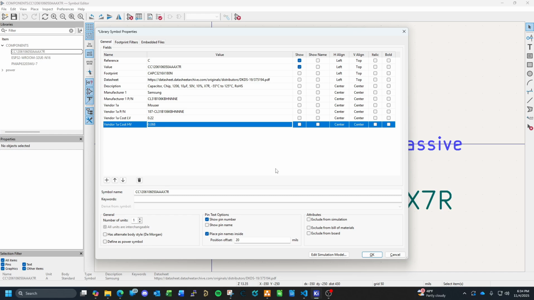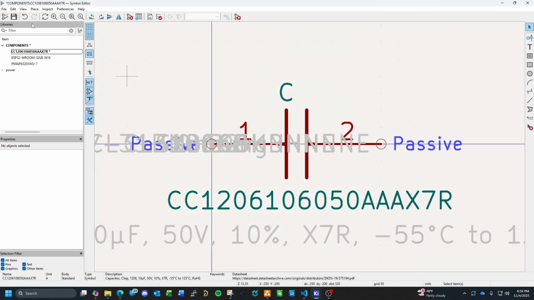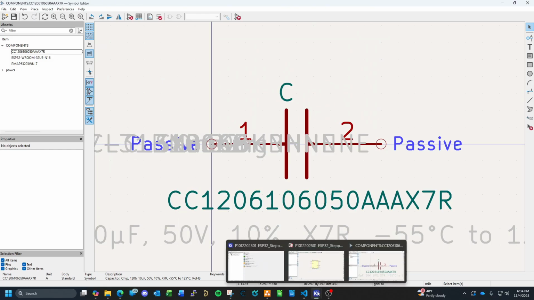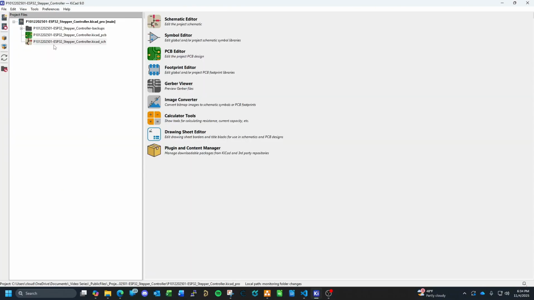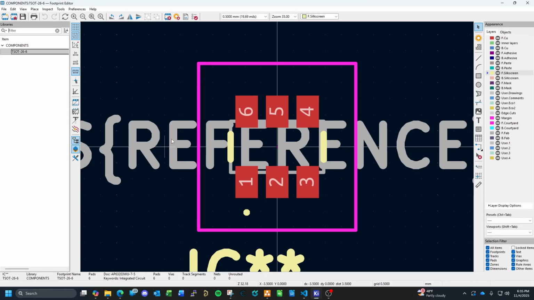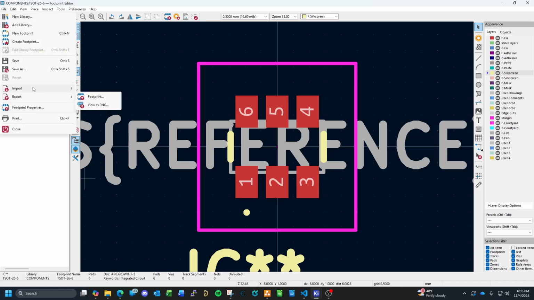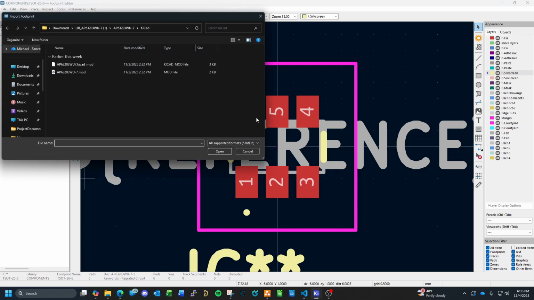Okay. Now we're going to go ahead and save this. Because now what we're going to do is go to the footprint editor. Then we're going to go ahead and import that footprint. Now, once we get this footprint imported,